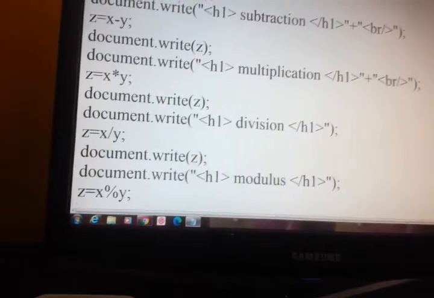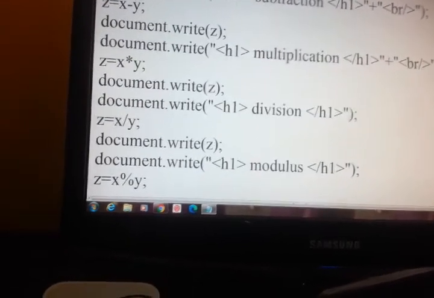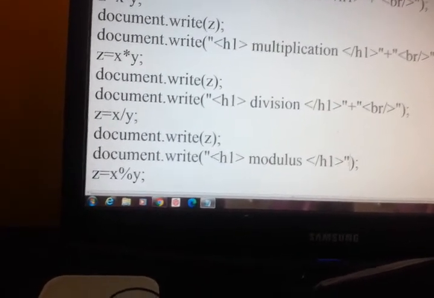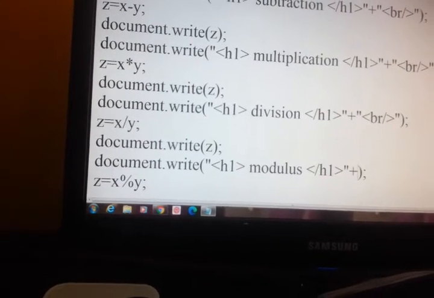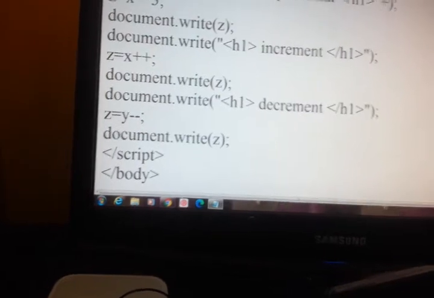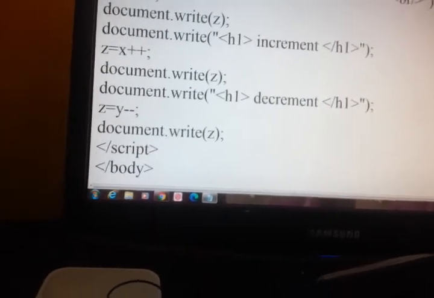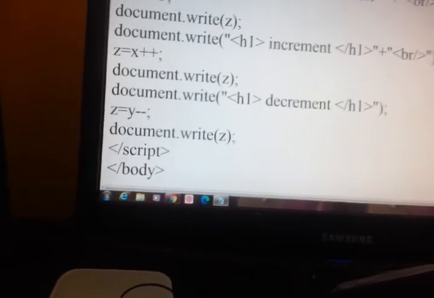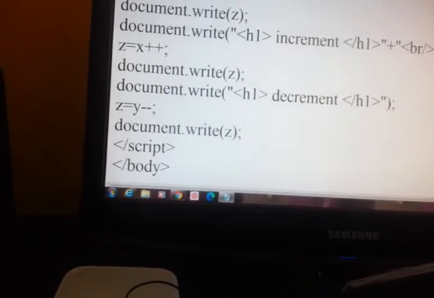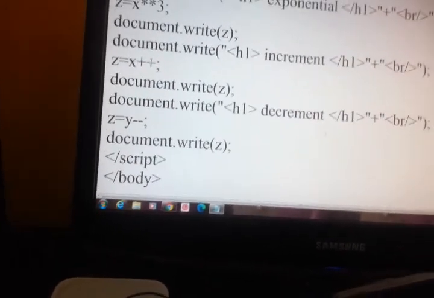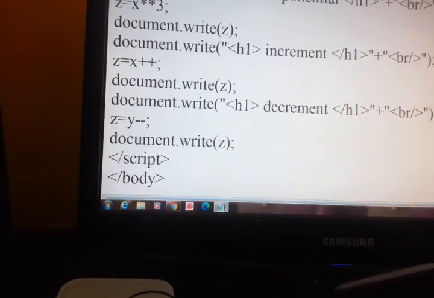We use plus here for concatenation to be performed. Plus Control V. For faster work I am using shortcuts, Control C, Control V. I'll save the program and then execute.